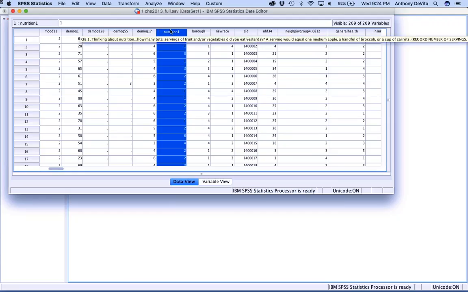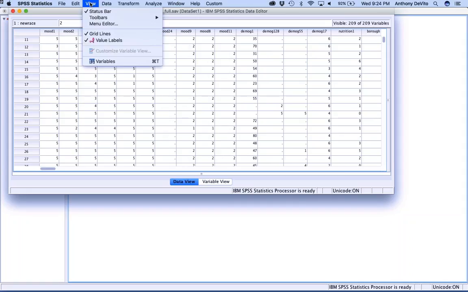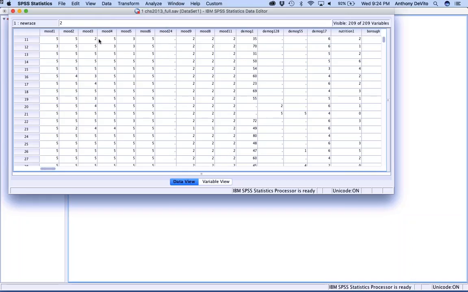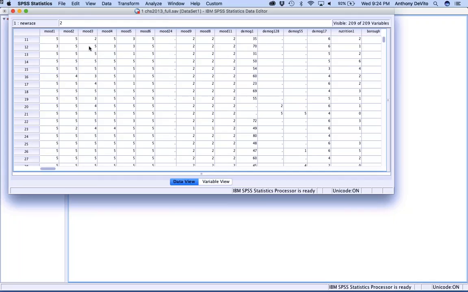So the variable names, remember, they have rules in SPSS. They can't have any spaces. They've got to start with a letter, and they can only be letters and numbers. So they're not very informative. But the way we're going to find out about them is by looking at the code book to see what those variables actually represent. So I'm going to go here to View, and click on Value Labels. And notice that they don't change. The reason they don't change, in other words, the 1s and 5s don't go away when I do this and show the values, is because this data hasn't been